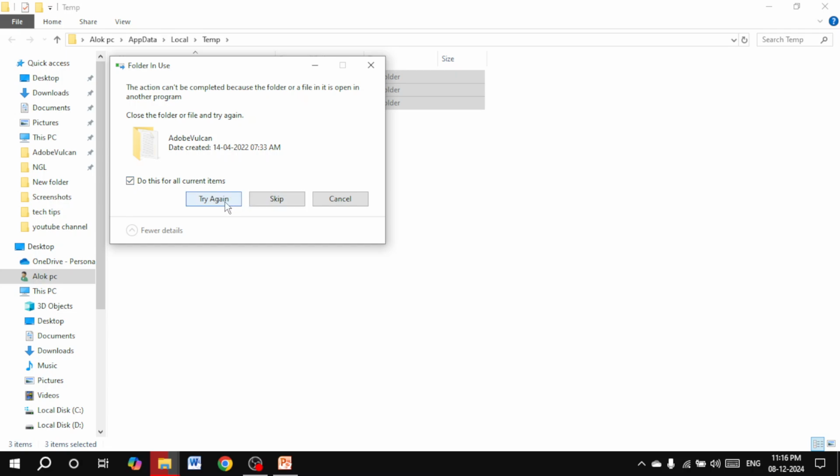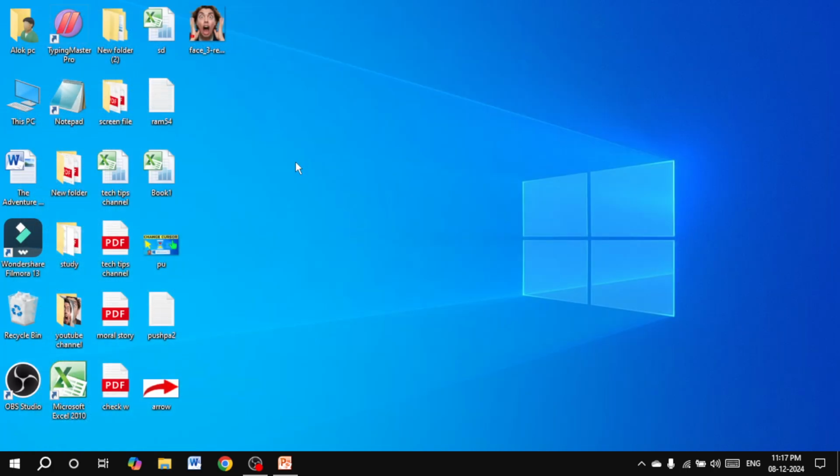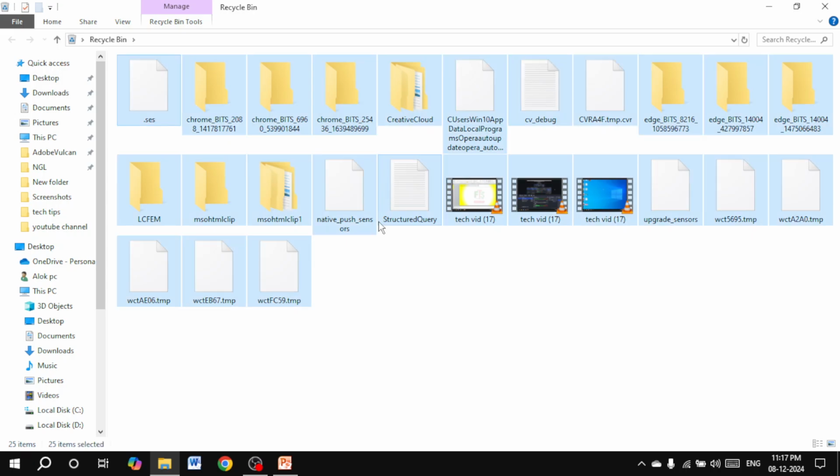items. And if I try again, not deleted, but I skip these three contents, and these are virus. So virus and used in any software. So this is not deletable, and I skip this and I open the recycle bin and select all and click